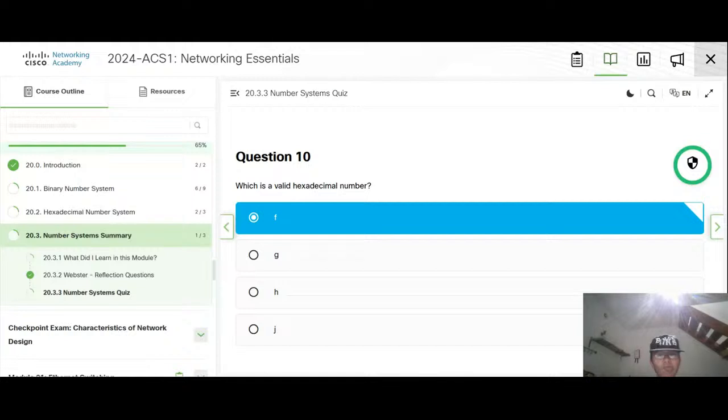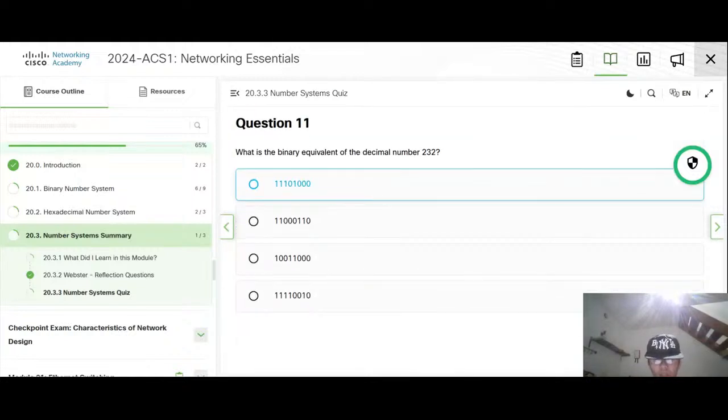Valid hexadecimal. F is this 1, and then we have 1 with 04, which comes to 192, and you have 104. 104 is like 64.